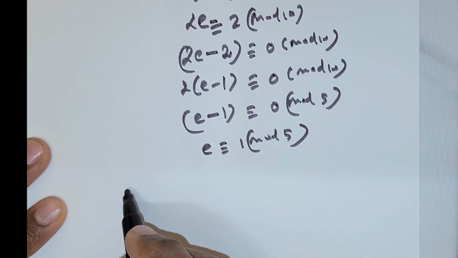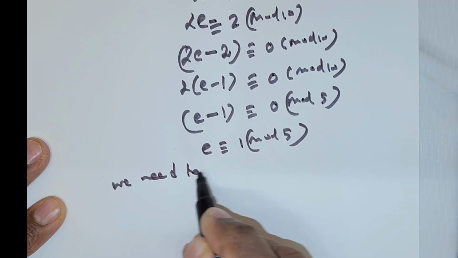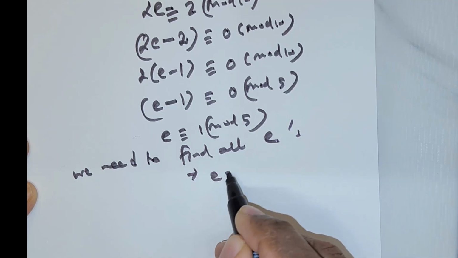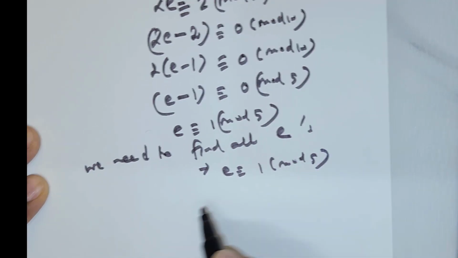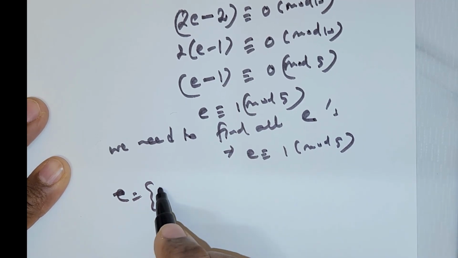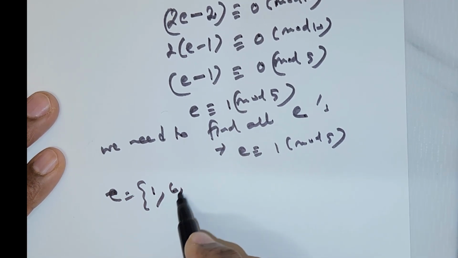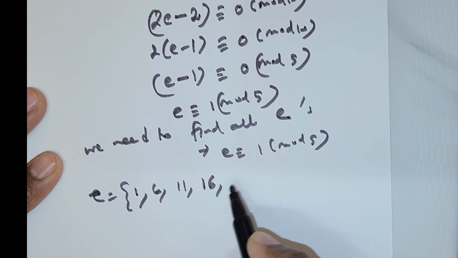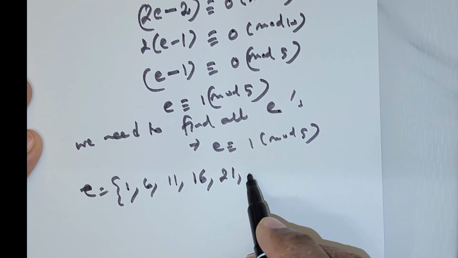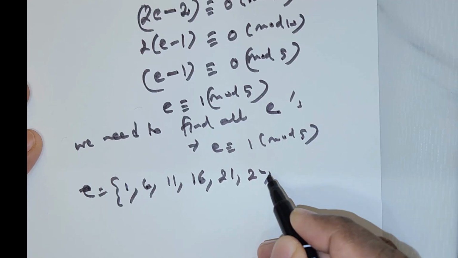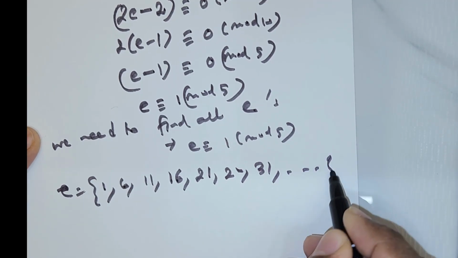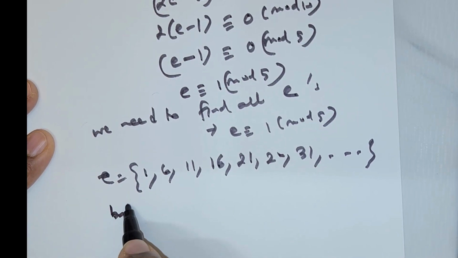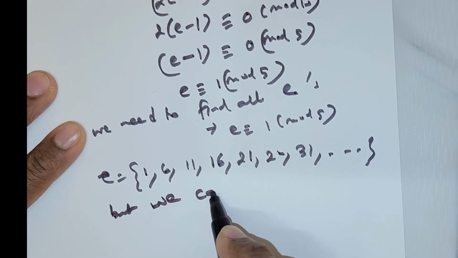So what is the meaning of this? This means we need to find all E's such that E is congruent to 1 mod 5. So the possible E's are what? It can be 1, it can be 6, it can be 11, 16, 21, 26, 31. So you get the point, right? All of these are possible choices for E, but we can only accept